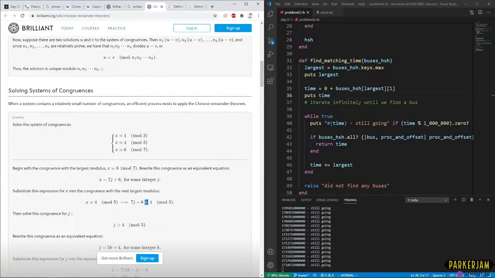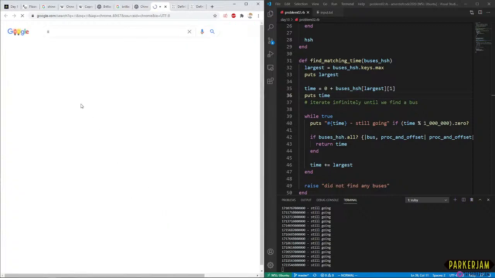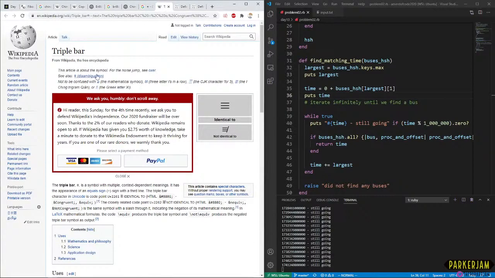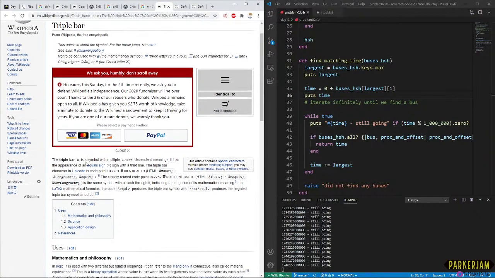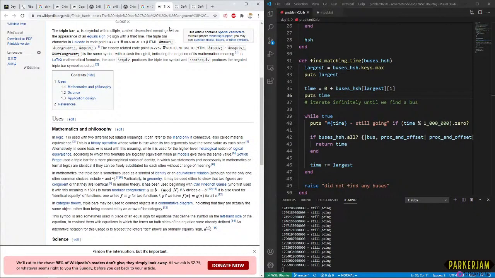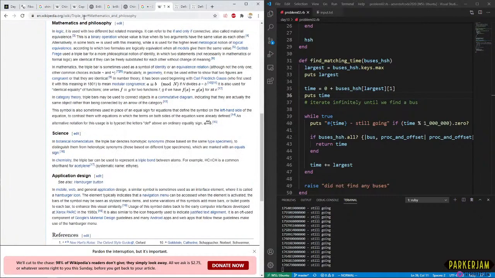I'm gonna Google the symbol really quick and make sure the assumptions I'm making about it are right. I already paid you, Wikipedia, on a different account. Stop bugging me. Triple bar is a symbol with multiple context-dependent meanings. It can refer to if and only if, also called material equivalence.